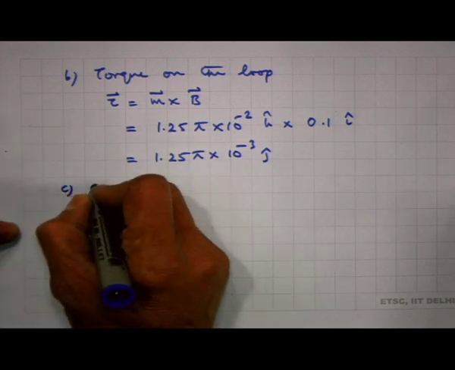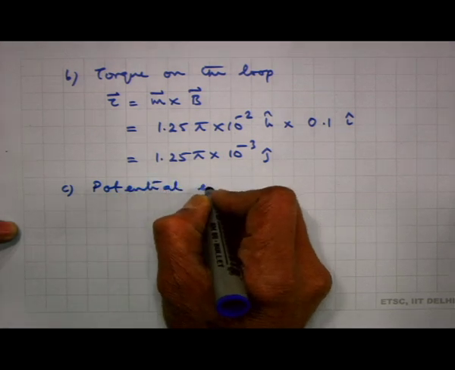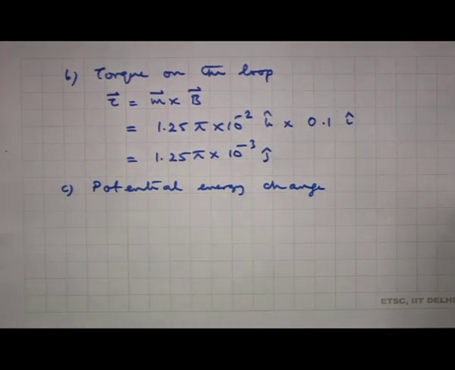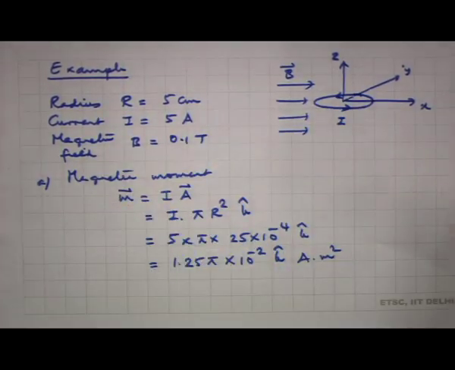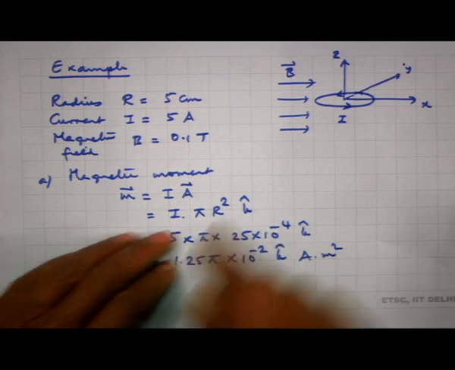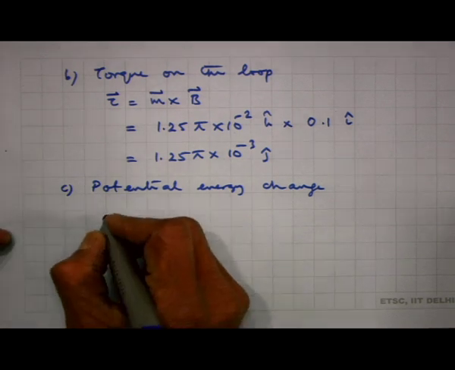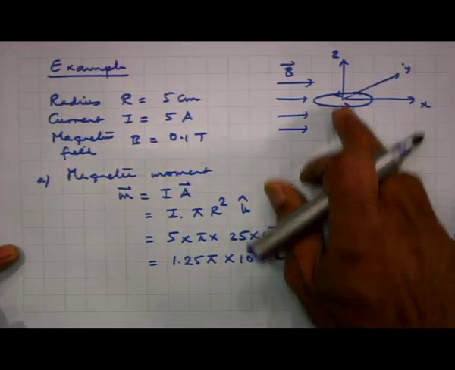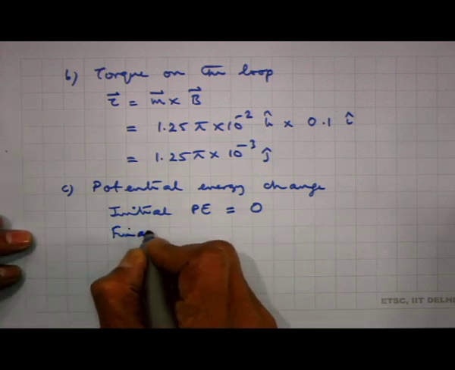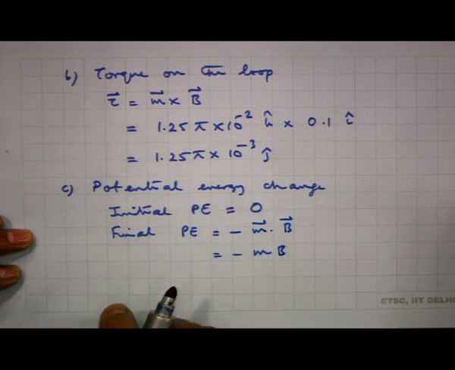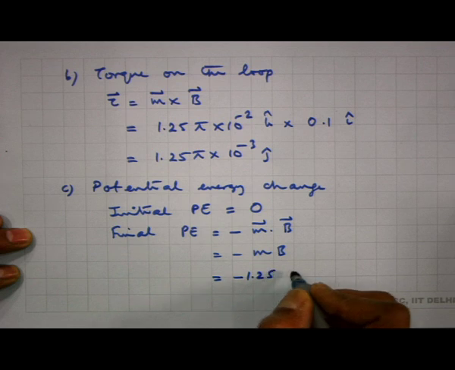Now, I can also calculate the potential energy change. So, consider the change in potential energy when the loop goes from this position to a position which is minimizing the potential energy. So, the loop is like this now, the torque will try to align this, and the loop will get aligned with its area along the x axis. So, initial potential energy is equal to 0, because in this orientation m is along the z axis, b is along the x axis, and m dot b is 0. The final potential energy is minus m dot b, which is equal to minus m b, where m becomes parallel to b, which is equal to minus 1.25 pi into 10 to the minus 3